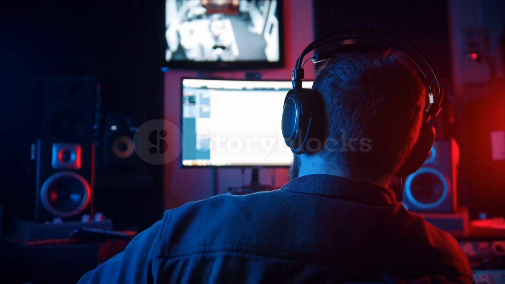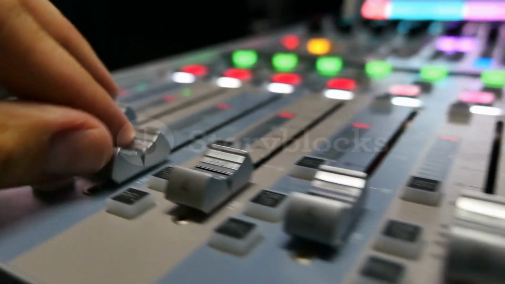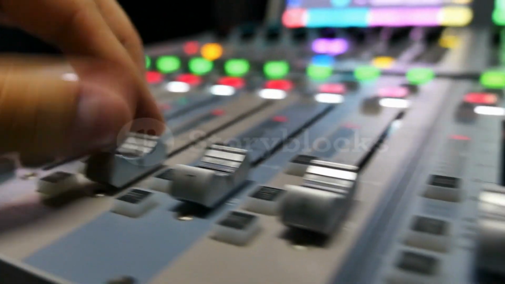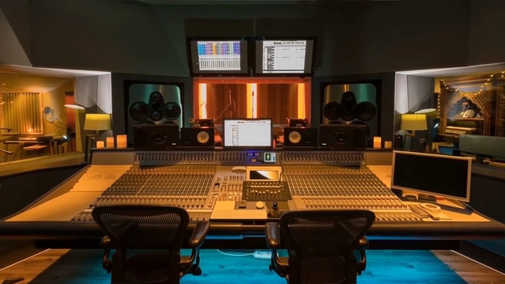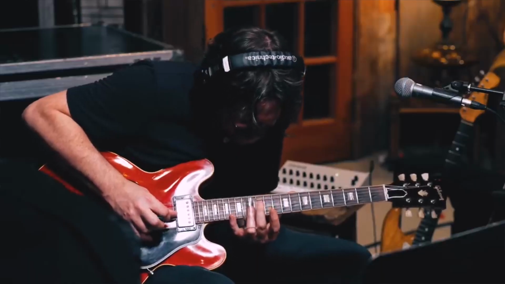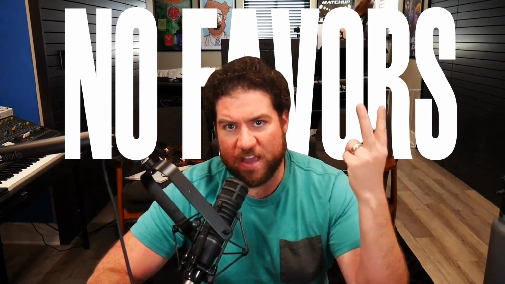The reason for this rule is that if I could just borrow studio equipment, then what's stopping me from going and calling in all kinds of favors around town? I could call up some songwriter friends, have an engineer buddy donate some studio time, or maybe even have some performers record as a favor for me. All of this would require other people's time and resources, and although it may not technically cost me any money, it feels like it's outside of the spirit of the challenge. So the rules are, no money, no favors. I must only use free resources to make this song.